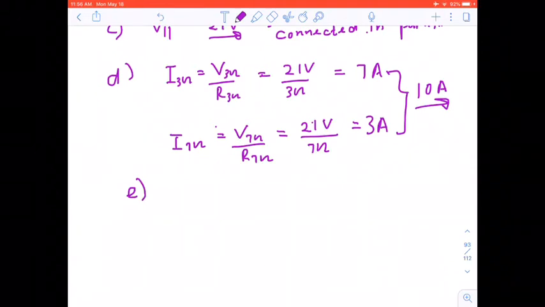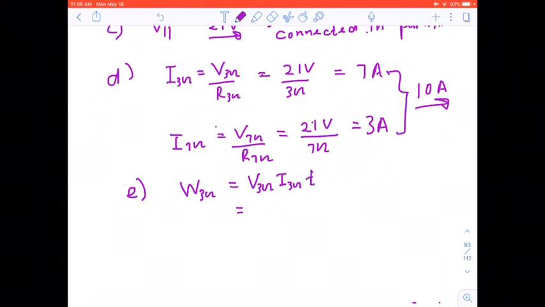So we know that W in the 3 ohm resistor is equal to V of the 3 ohm resistor times I in the 3 ohm resistor times the time,